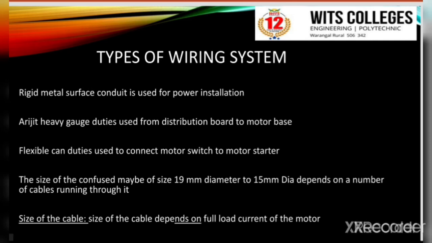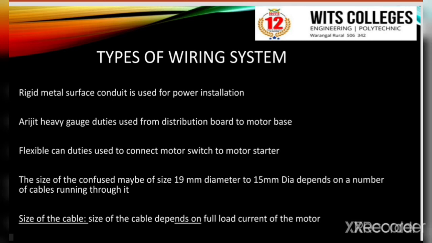terminal. So rigid heavy gauge metal conduit is used from the motor starter to the coupling, and from the coupling to the terminal box we use flexible conduit. The flexible conduit is also used to connect the motor switch to the motor starter. The conduit we use must be electrically continuous throughout and connected to the frame of the motor, and the conduit should be perfectly covered,